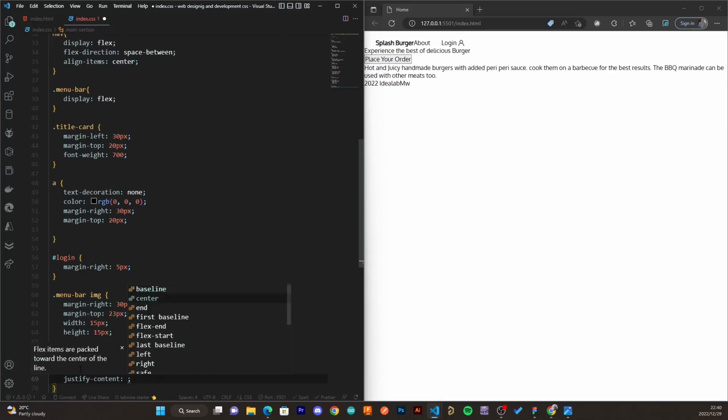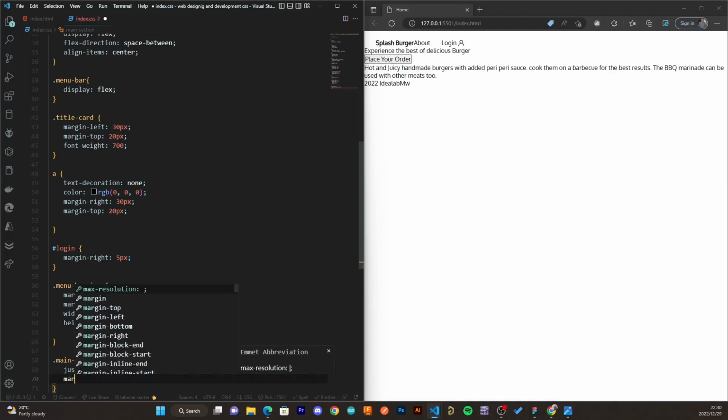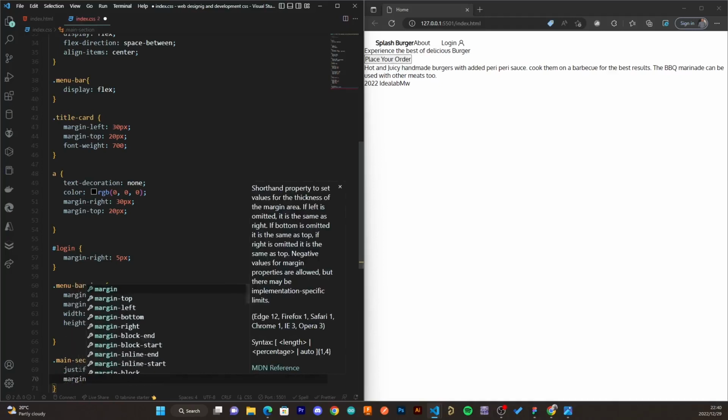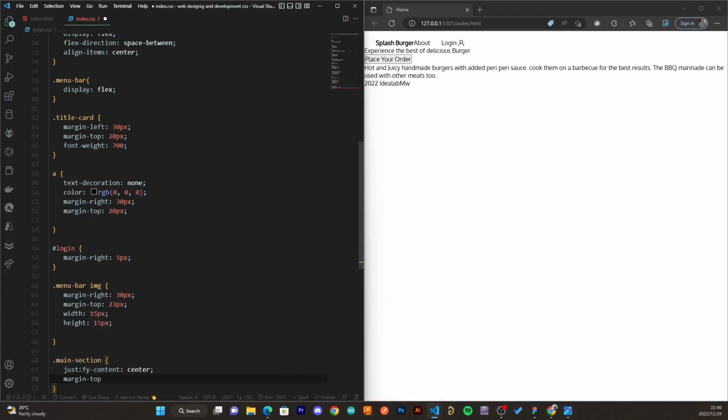I want to justify content center, which means I'll put the content centered at the y-axis. I want to make sure that they are actually centered, and I'll put the margin top, to make sure there's a gap, of 20 pixels,